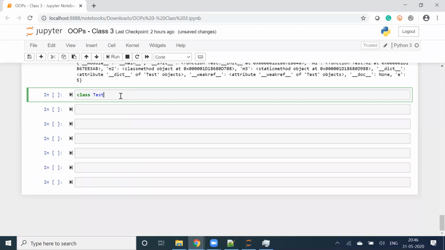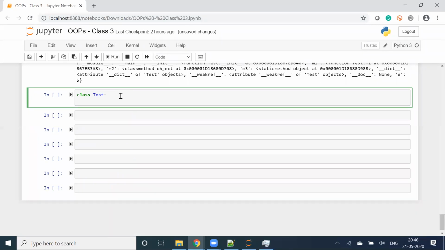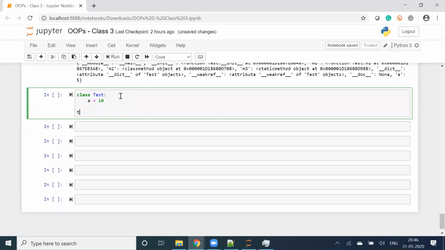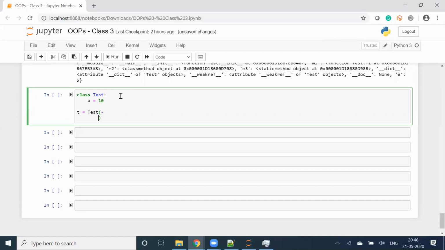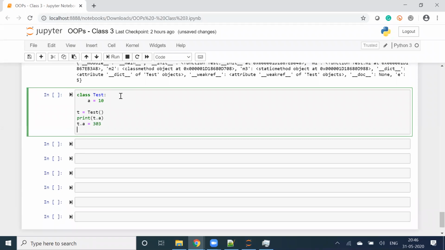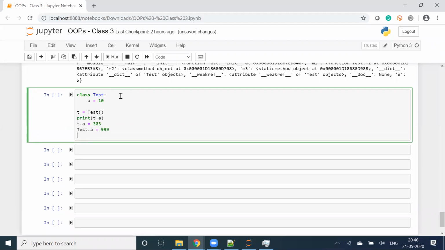Class test, A is equal to 10, T is equal to test. Print T.A. T.A is equal to 303. Test.A is equal to 999.